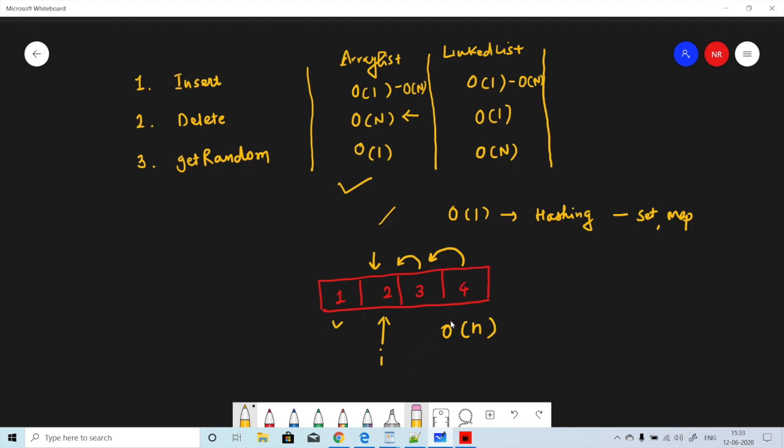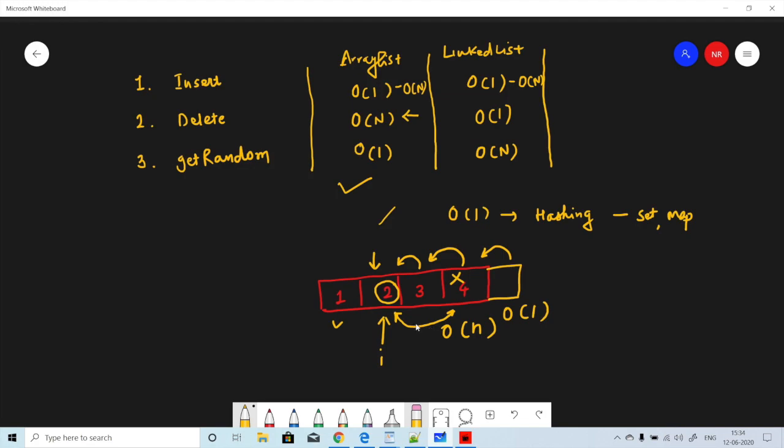Then, instead of deleting and transferring all the elements from right to left by one node, we can just swap this with the last element, and then remove that number. So we do not have anything at the end, and we do not need to shift anything. Ultimately it is going to be an O(1) operation, but for that we need to know the index of this 2.